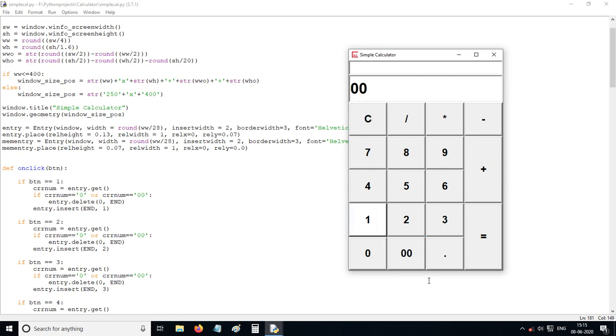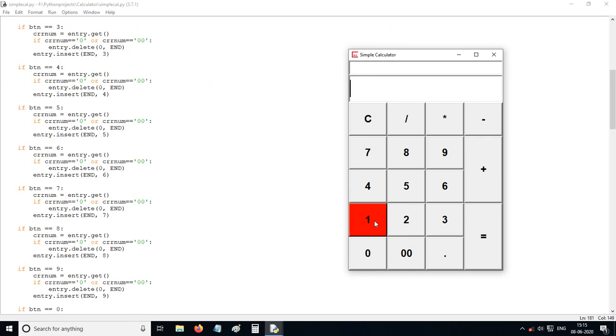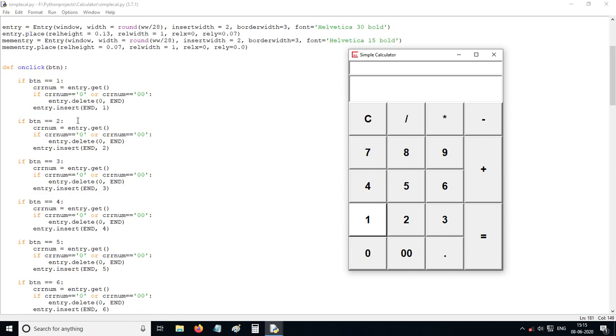If it is 00 and we press 1, it will delete the zeros and put 1. Every number works like that. If the starting entry has some number, like we pressed 4 and want to type 40, if we press 4 and then press 0, it will take the 0 value.